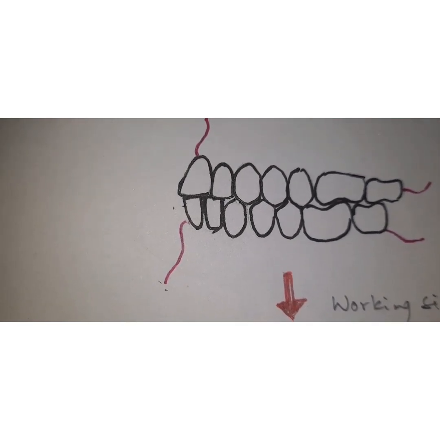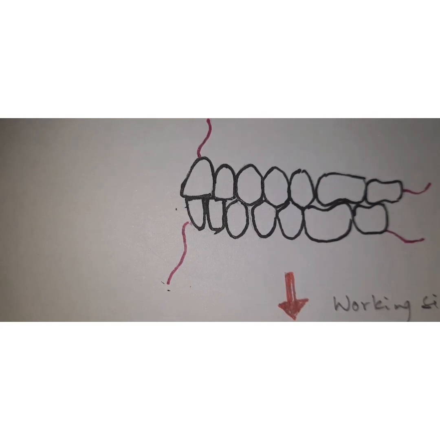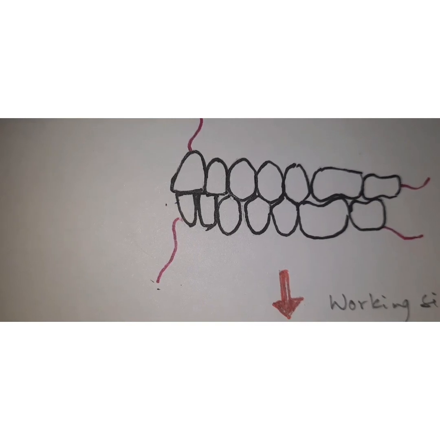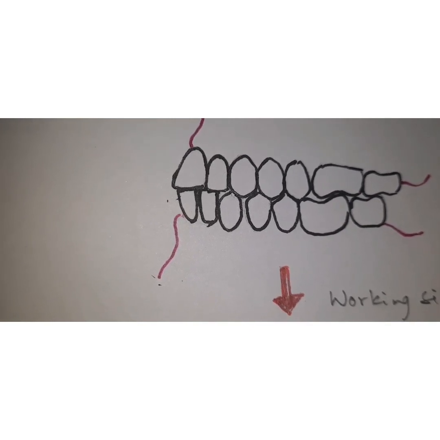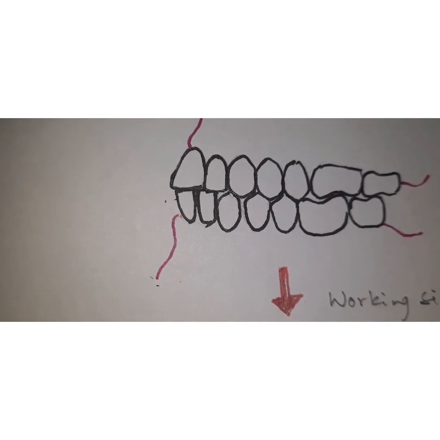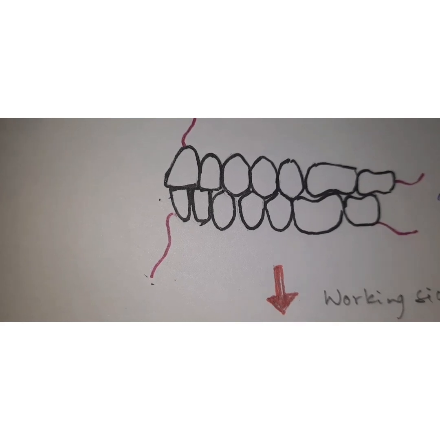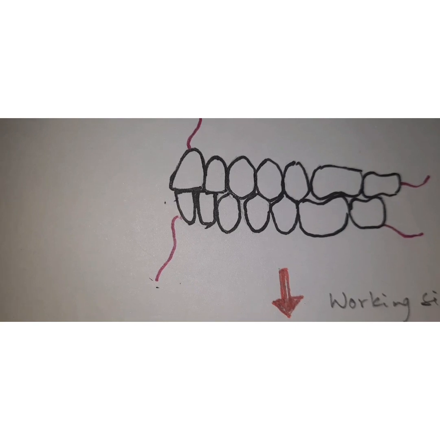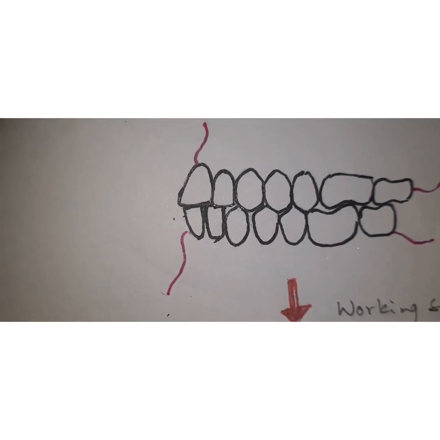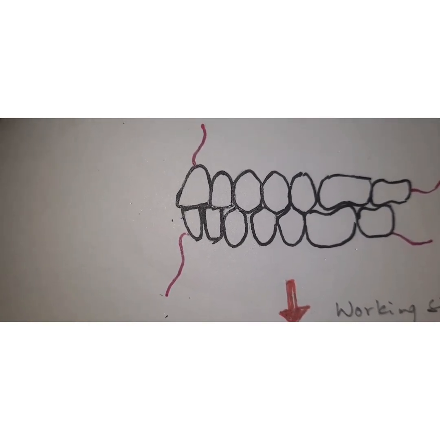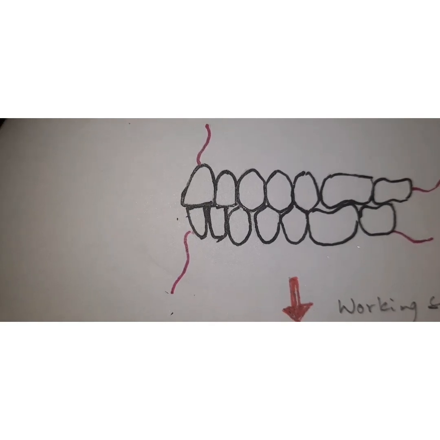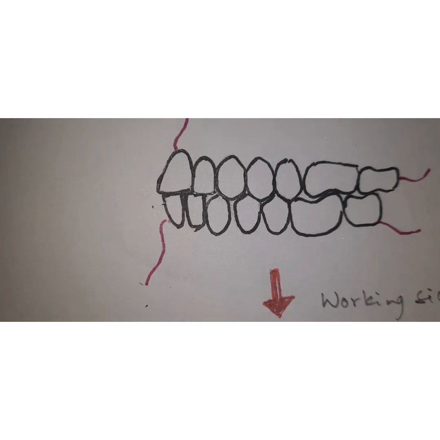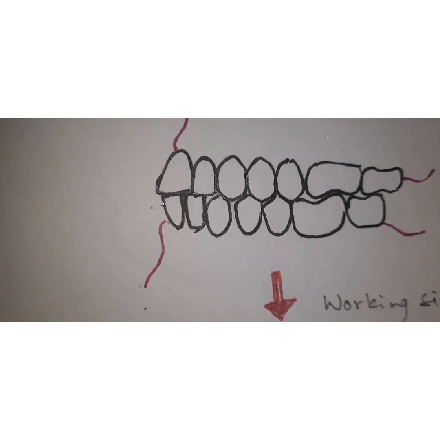So, because of the distribution of force only on the working side and absence of any contact on the non-working side, it is protecting the teeth on the non-working side from destructive oblique forces. So that is the advantage of using this concept of occlusion. Also, this concept saves the centric holding cusps, that is the mandibular buccal cusp and maxillary lingual cusp, from excessive wear. Here we should also understand the concept of long centric.